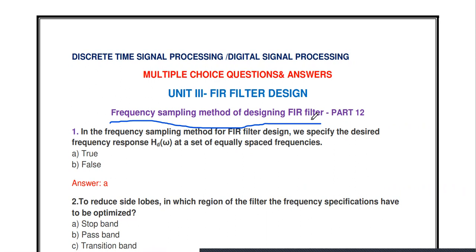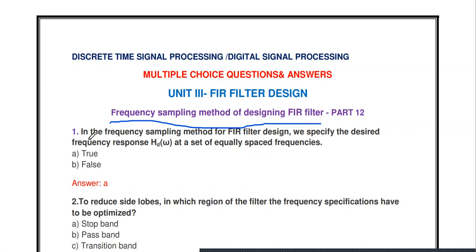So already you know the various techniques used to design the FIR filter. The first one is the Fourier series method. The second one is the windowing method. In the windowing technique, there are different types of windows: Rectangular window, Hanning, Hamming, Blackman, Kaiser, Bartlett, so many windows are there. We discussed them in the previous video. So now we are going to discuss the frequency sampling method.